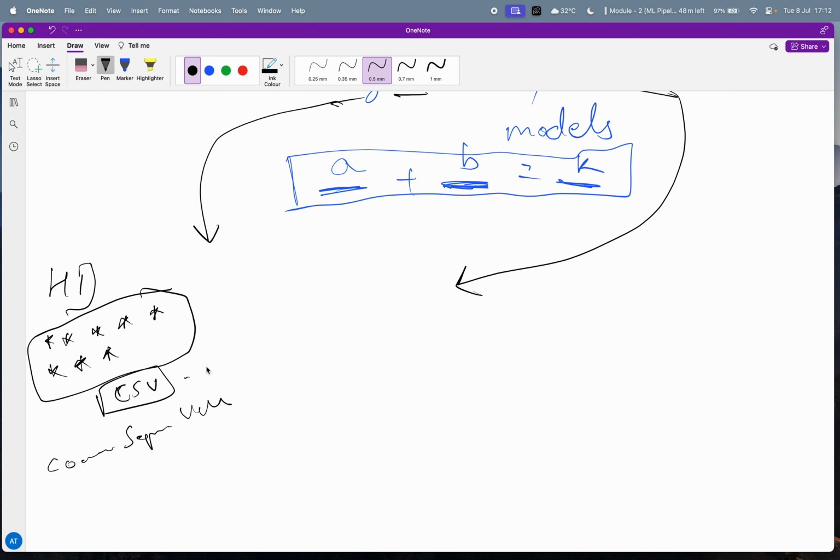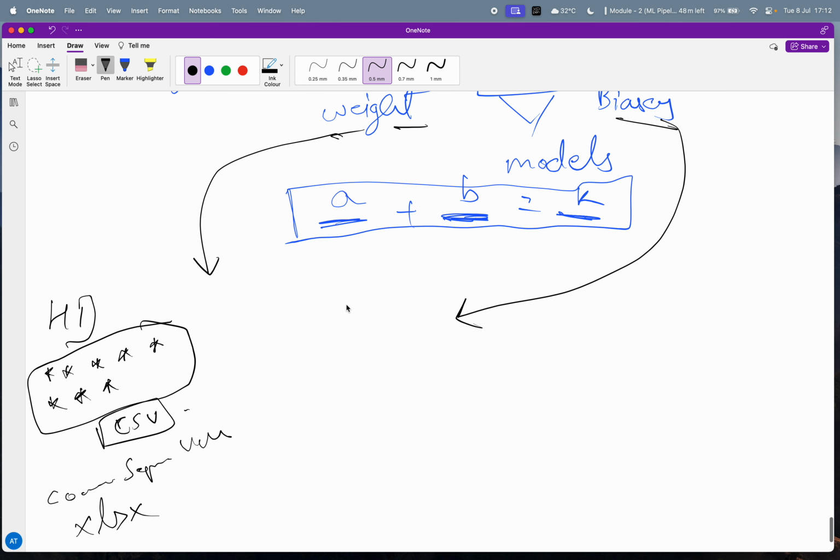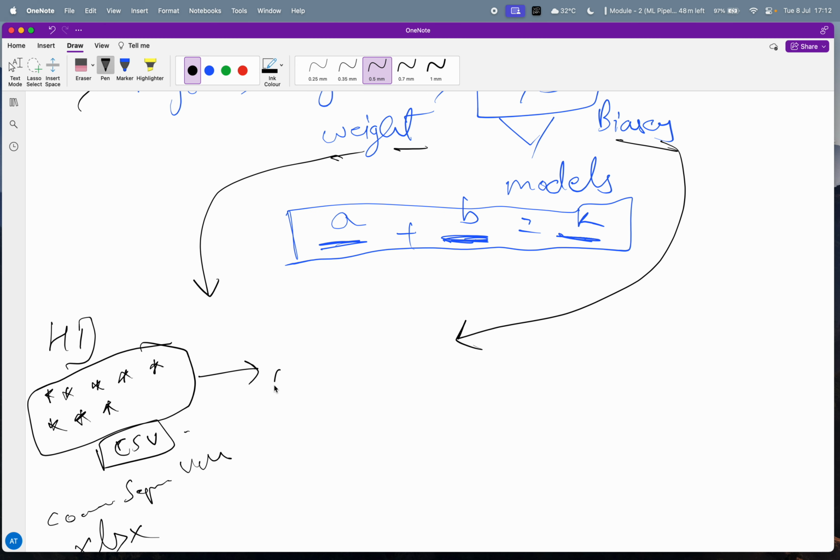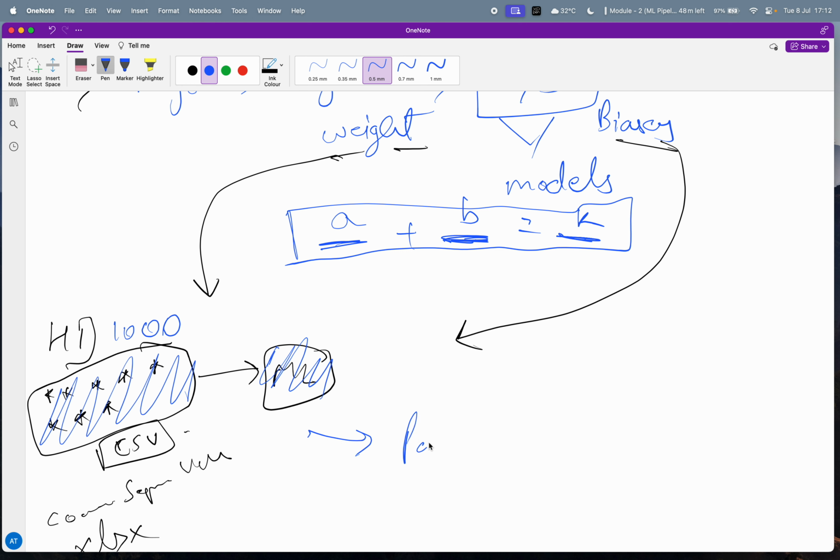Now we have the data in an Excel file, XLSX, and we want to train a machine learning model on it. Once you give all the data of 1000 patients to the machine learning model, it will find a pattern. What will it find? It will find a pattern in the data,